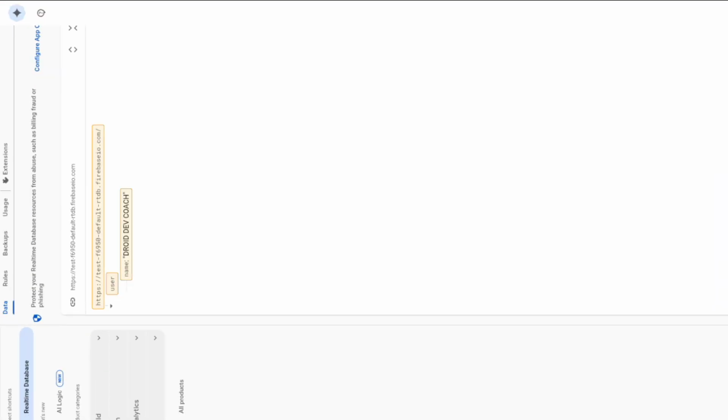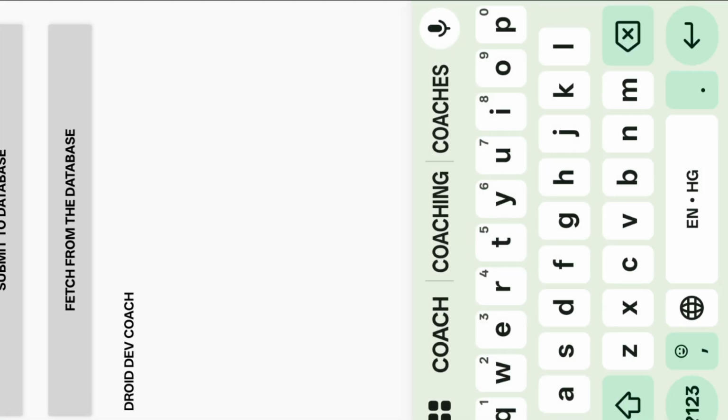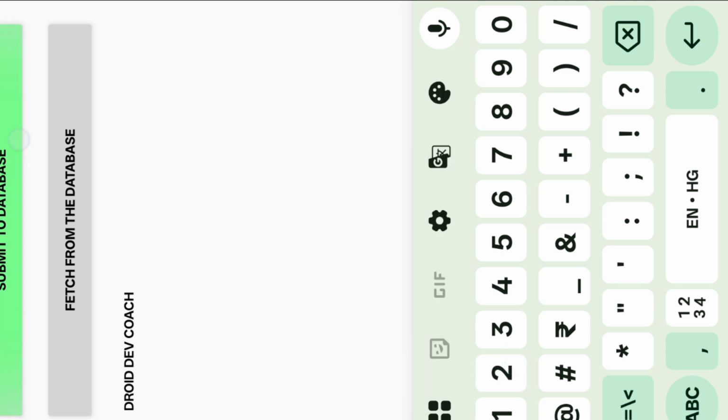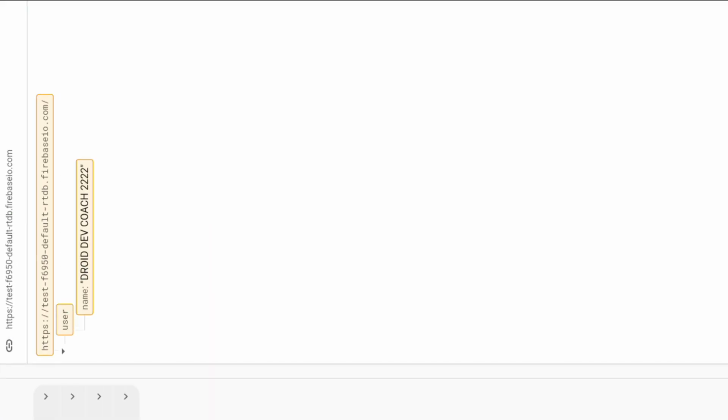You can see here, and you can also see it in the Firebase database. Again I show you. Now you can see here, and I fetch data.